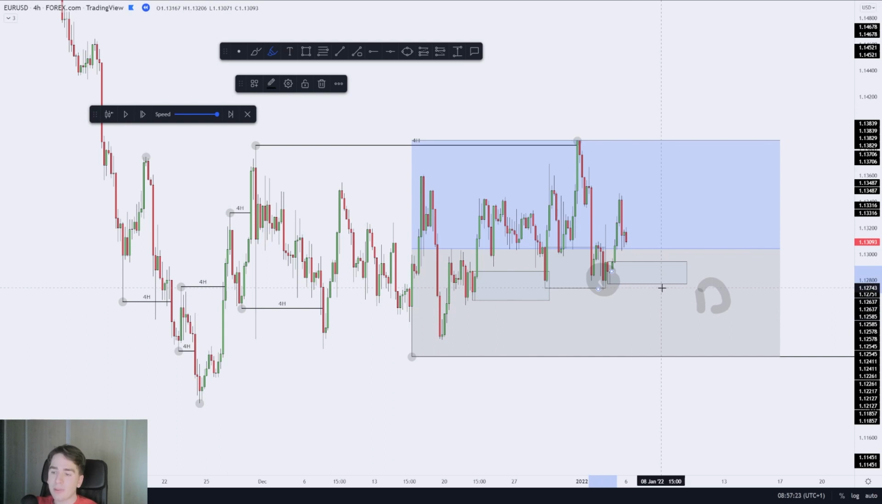So at this moment in time, I was pretty interested in getting into longs. However, this area of demand was not fresh due to price tapping into it before, and with us coming in towards this demand zone with lots and lots of momentum, that was pretty much why I didn't want to get involved. However, what I did know was that, let's say, we reacted to this area of demand once again,